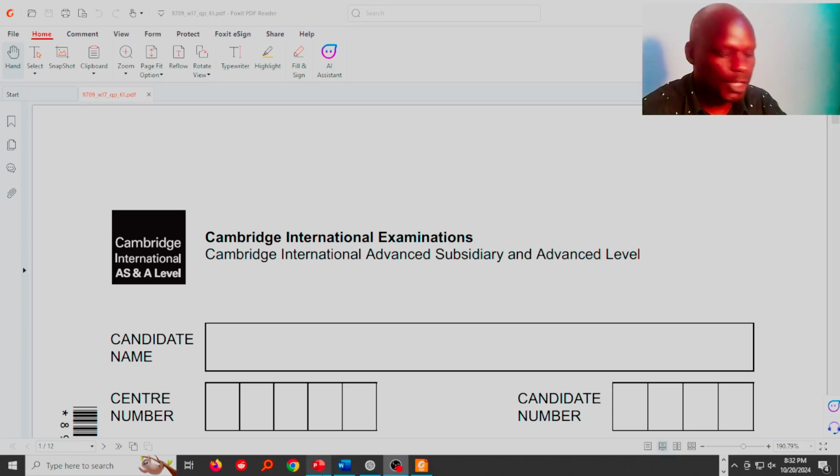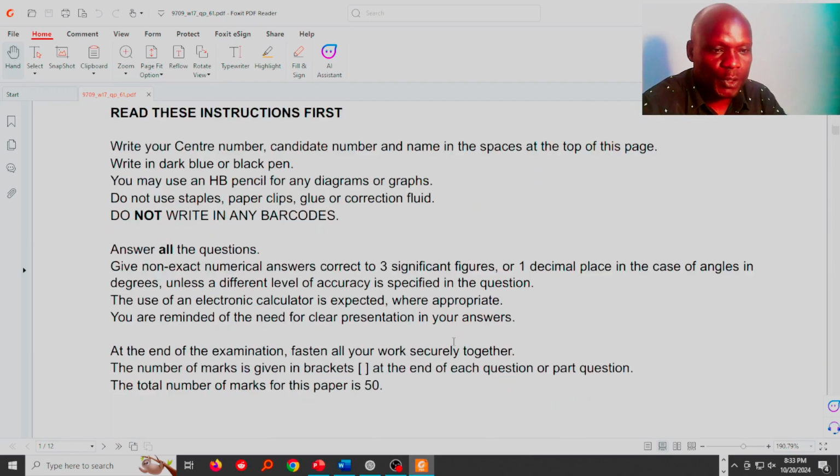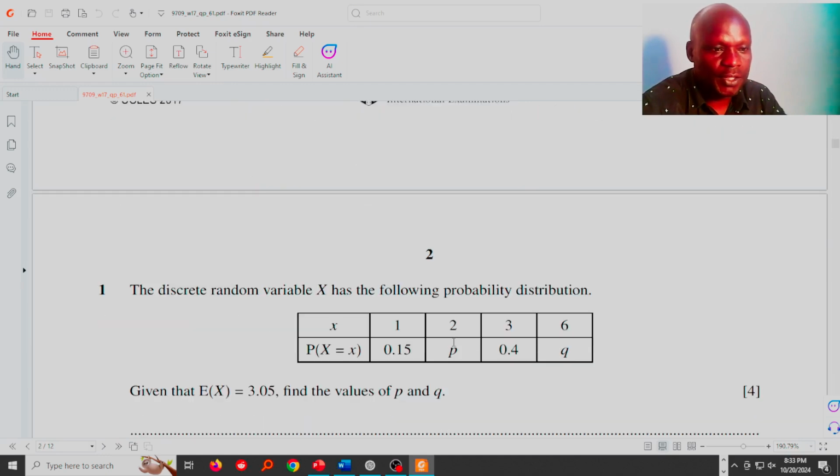Now, today we are considering a question from Cambridge International Examinations, that is Cambridge International Advanced Subsidiary and Advanced Level. The paper that we are considering is paper 6, Probability and Statistics 1, known as S1. The code is 9709/61. The paper was taken October-November 2017. So the question of interest is question 1,